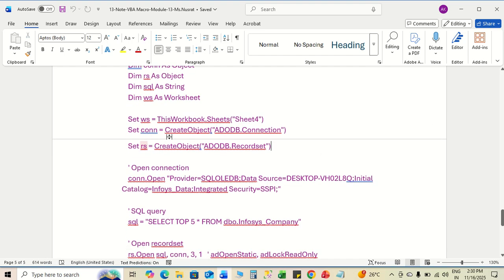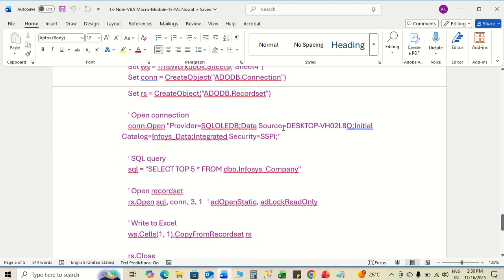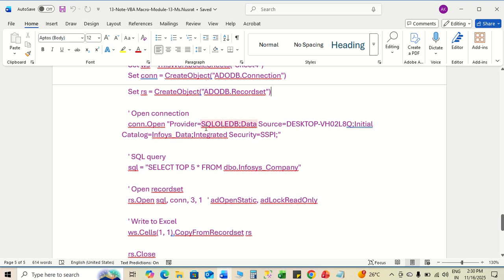Set connect, create object ADODB database dot connection. It will create the connection between the database. Then set rs equal to create object ADODB dot recordset. Okay. Then open the connection. Connect dot open, provide SQL